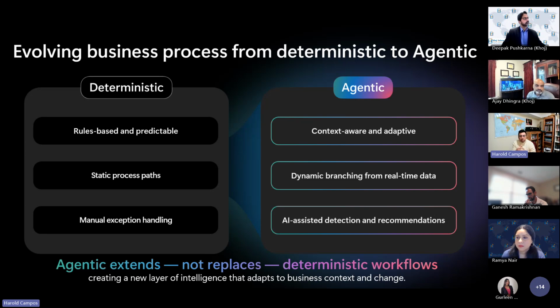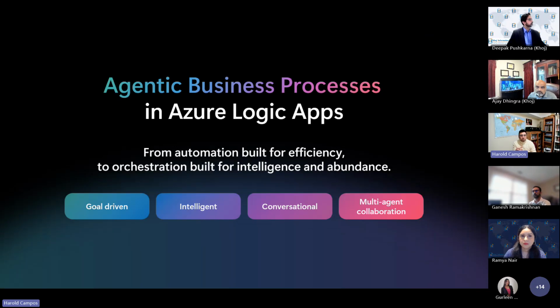It doesn't mean that we are replacing things. It means that we continue using deterministic workflows with the ability of creating a new layer of intelligence that will adapt to business context and change. And why did I call out mainframes? Because they do a great job on their own in isolation, and they have great innovation, but the market overall is growing all around the world and outside the mainframe as well. The things that we used to do worked, they got us there. But we want to pursue the path of innovation, and that's exactly what we are striving to do at Microsoft